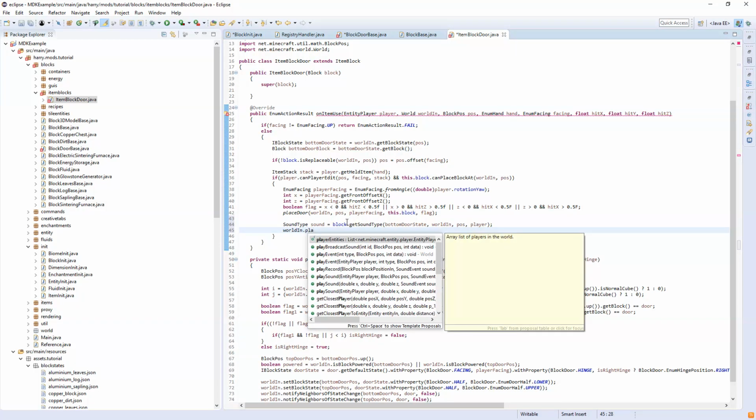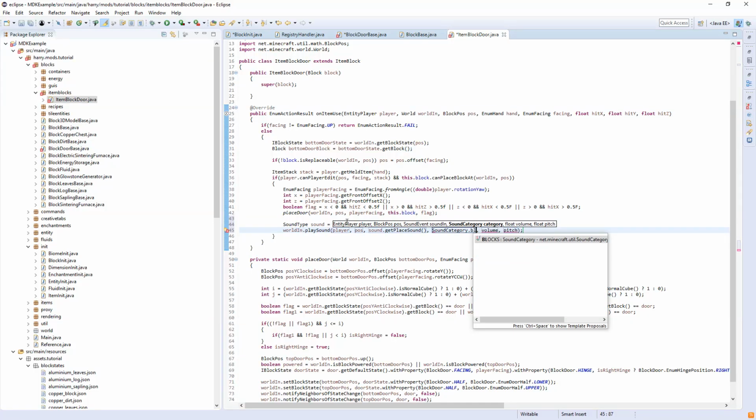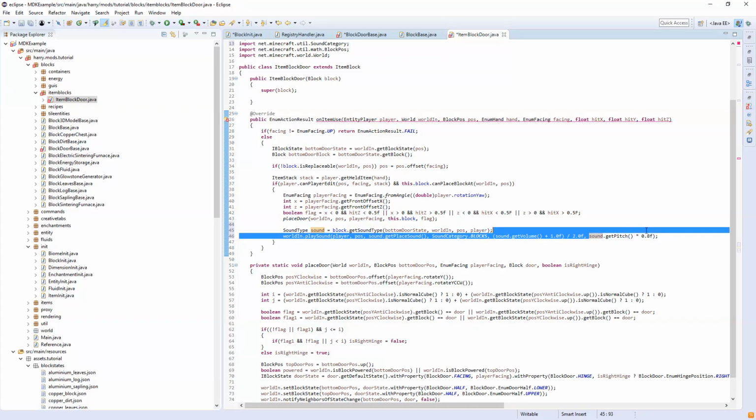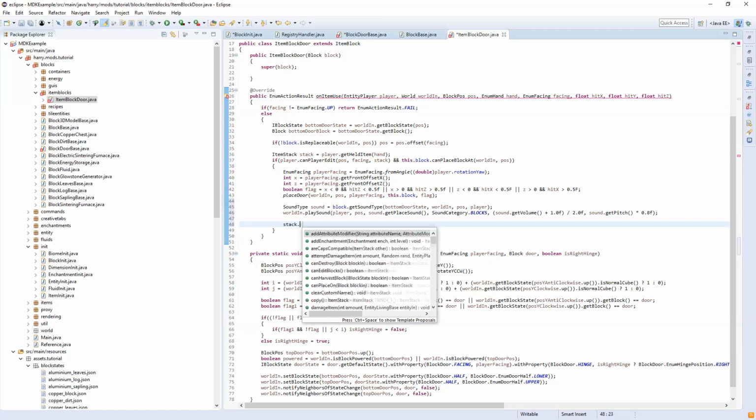World in dot play sound, player pos, sound dot get play sound, sound category dot blocks, and then the two values I'm going to bring in here are copied straight from the door class. So we get the volume, add 1 to it, and then divide it by 2, so it's going to be slightly lower. And get the pitch, it's going to be multiplied by 0.8, so that's also going to be a slightly lower pitch. Then final thing we're going to do, we're going to obviously shrink the stack dot shrink 1